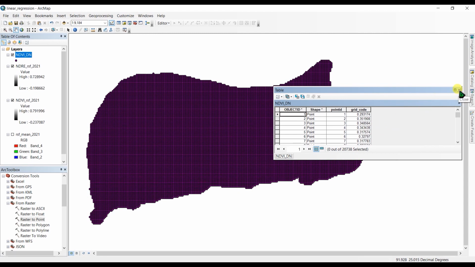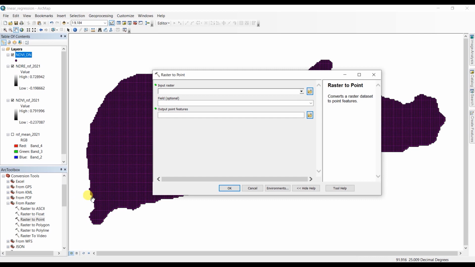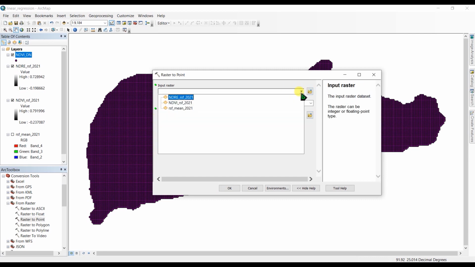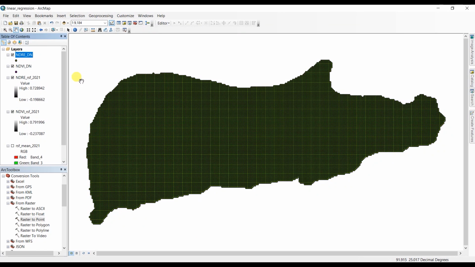Okay, and again do the same action for the NDRE raster, and click again Raster to Point and input the raster as NDRE, and you can select the path here and click OK. Okay, so we have our NDRE digital number values and NDVI digital number values,